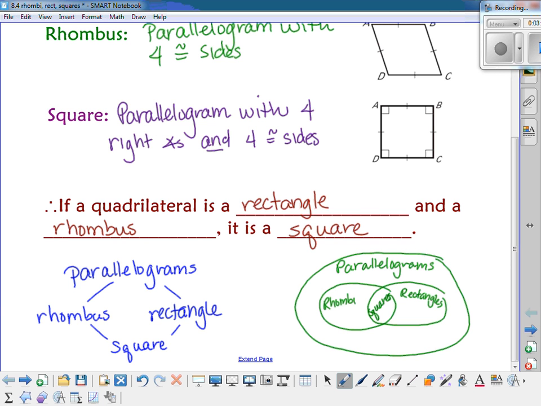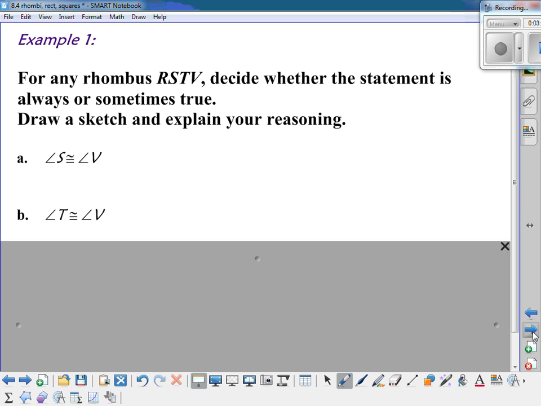So that's 2 different ways you could think of the relationships of the special parallelograms. So we can use this information to solve some problems and to determine what kind of special